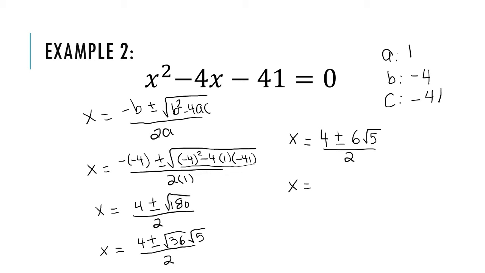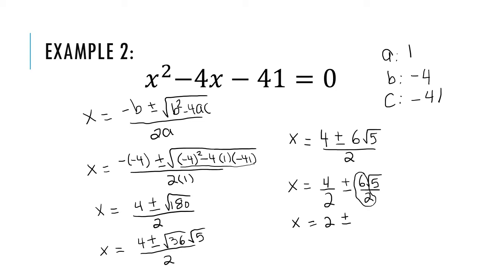If I look at the top of the fraction, I can see that it's in the simplest form and I cannot simplify it anymore. And after that, all I need to do is break the fraction into 2 parts. The first part is 4 divided by 2, plus or minus. The second part is 6 radical 5 divided by 2. This means that the answer is 4 divided by 2 is 2, plus or minus 6 divided by 3, because